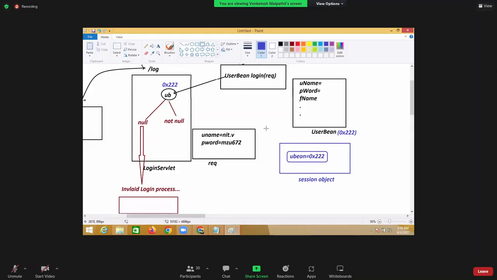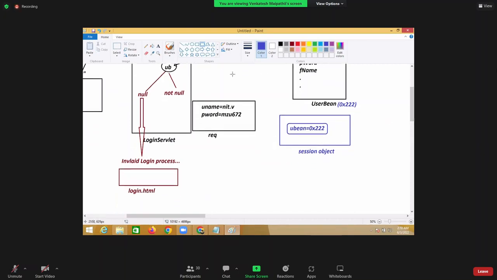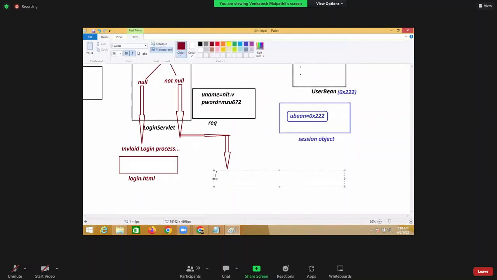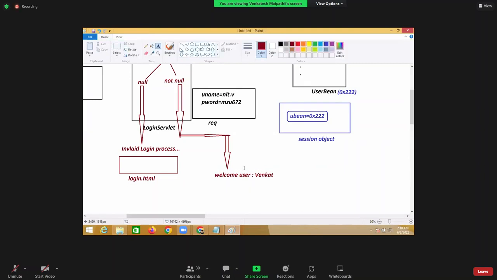We are not going to send the session object anywhere like your cookie. Cookie means we have to send it to the web browser. Here we are not sending anything anywhere. After session object creation has been completed, we will send one response outside. The response is login successful, or you can say welcome user, with some username displayed. So after this welcome user message comes, below that we are going to use